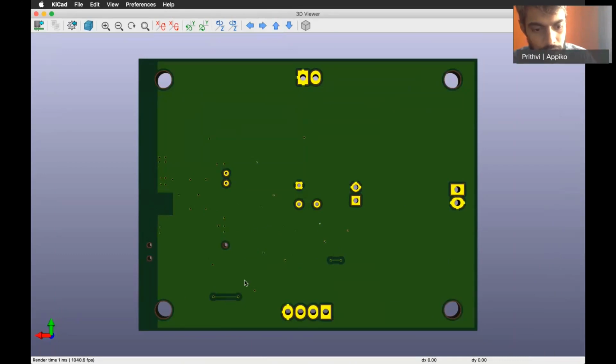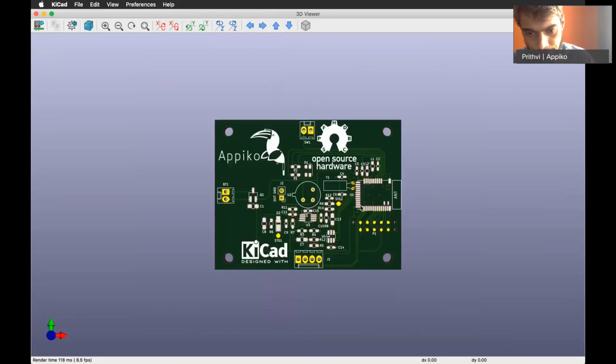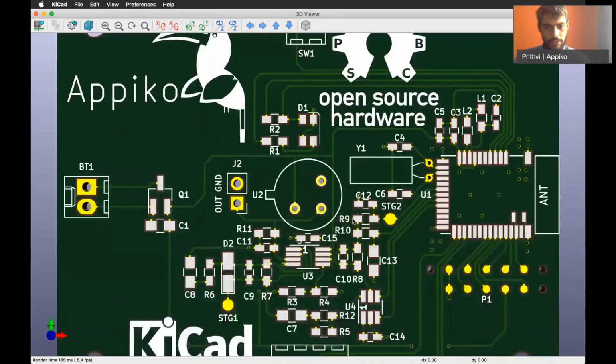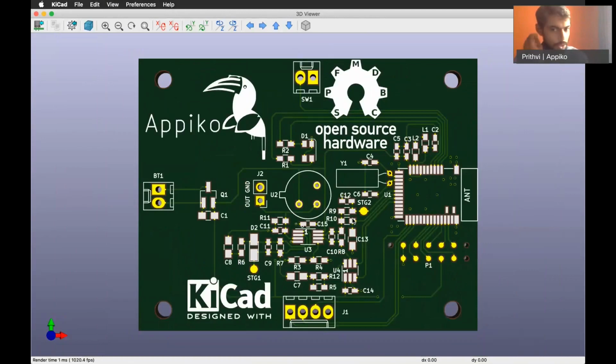This is so that for all the tracks above, there is a proper reference to the ground, which is in the bottom layer.